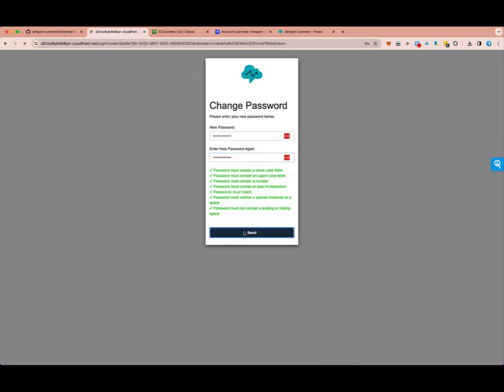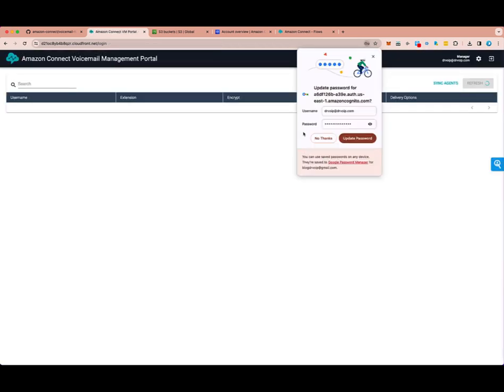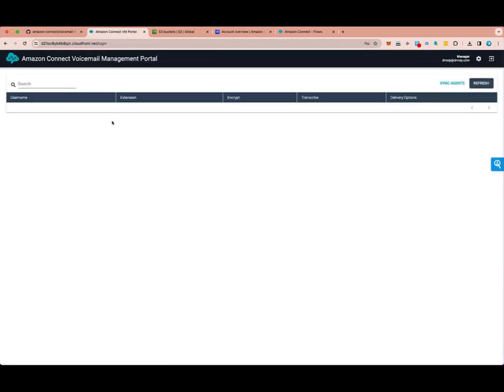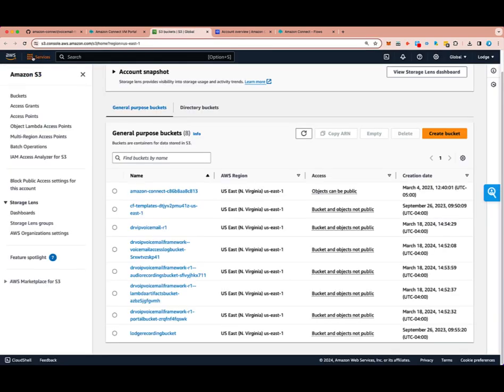And at that point, this is the voicemail management interface. And apparently I use this for both admin. As you can see here, it says I am a manager. I want to be the admin. There were 2, I use the same address for both. It's just easier at this point for me to go here to